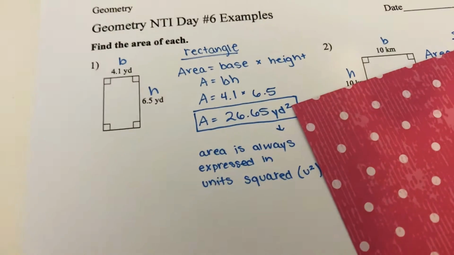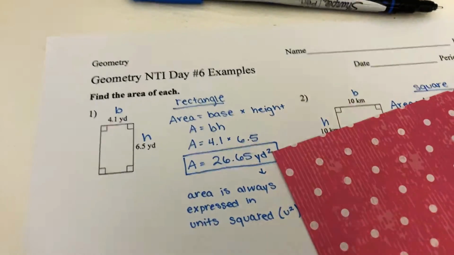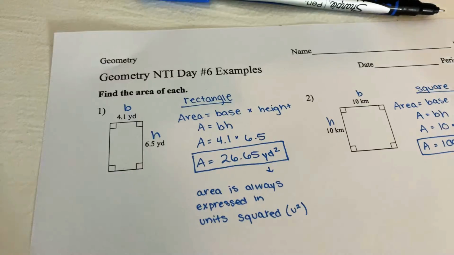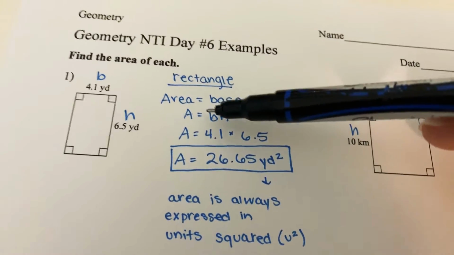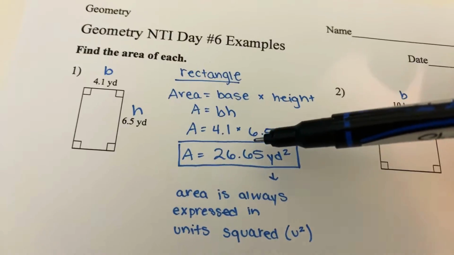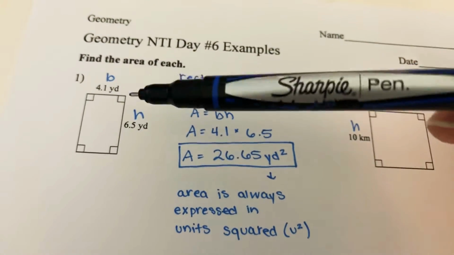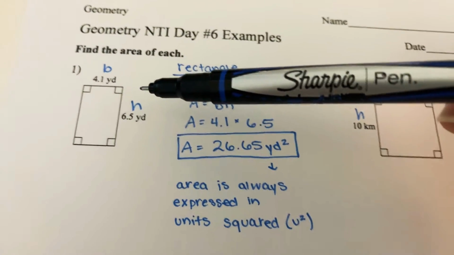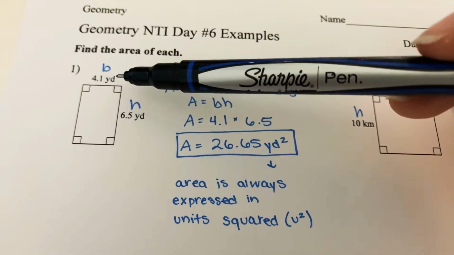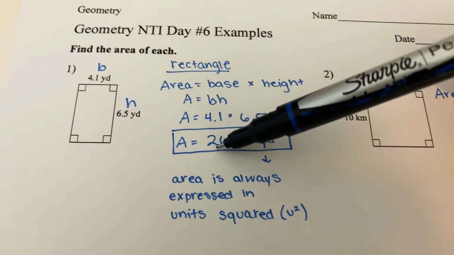I'm sorry, y'all. I'm trying to figure out how to hold this camera. That's not going to work. Okay, there we go. So with base times height, you might see it written as BH, which is just base times height. And all you have to do to find the area of a rectangle is multiply 2 consecutive sides. Okay, so 2 sides that are next to each other, they're not going to be the same length unless it's a square. But you multiply the base, which would be 4.1, times the height, which is 6.5, and you get